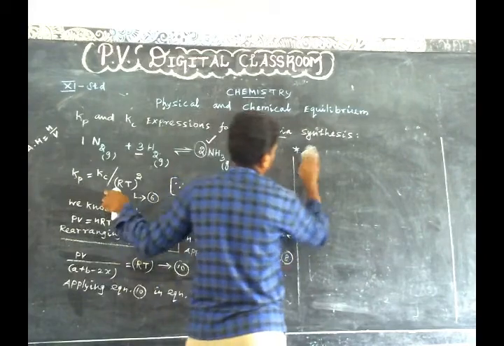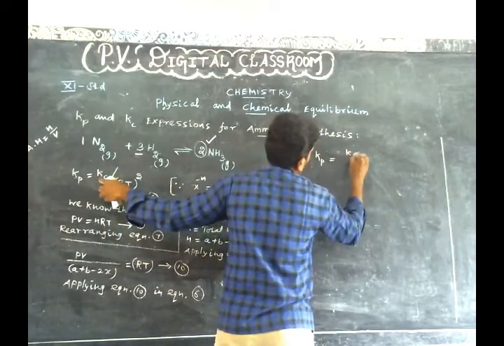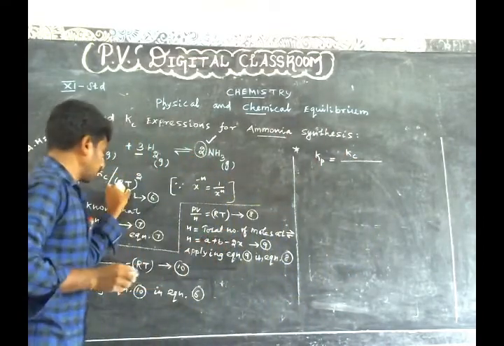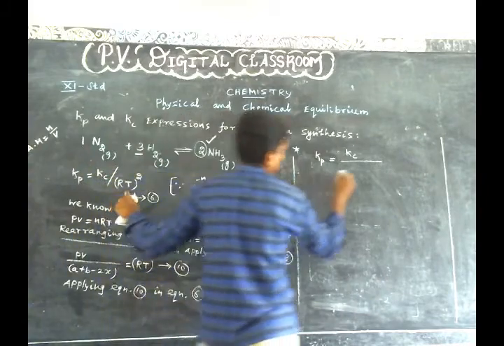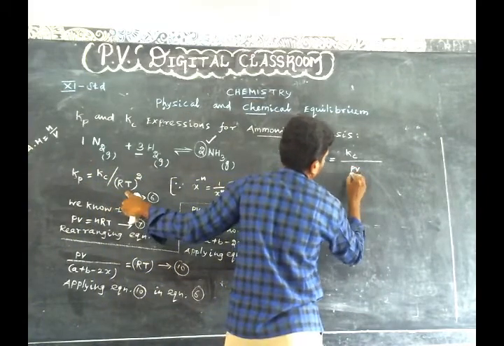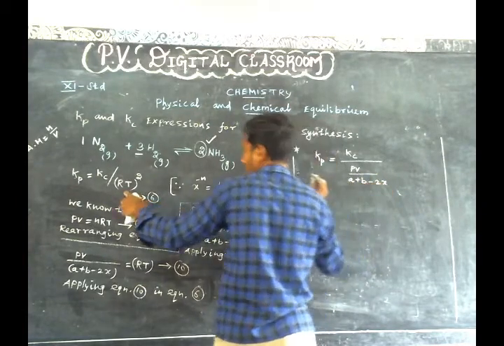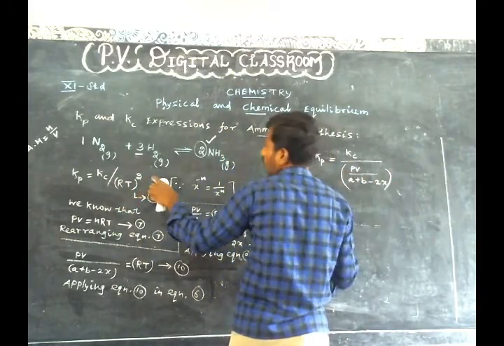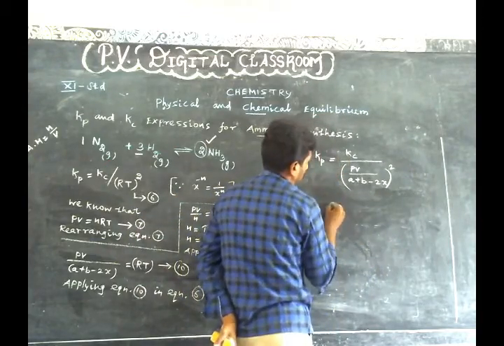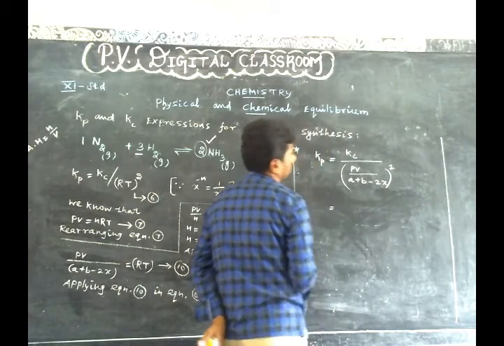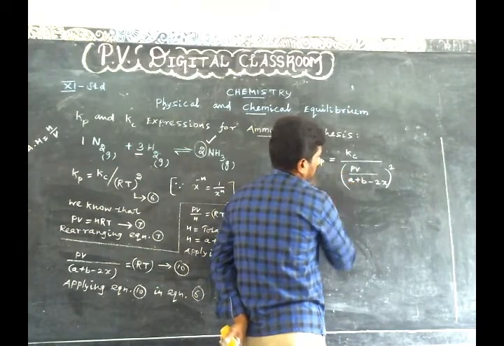So this equation becomes Kp is equal to Kc divided by RT term, which is replaced by PV divided by A plus B minus 2x, whole square. On simplification, this equation gives